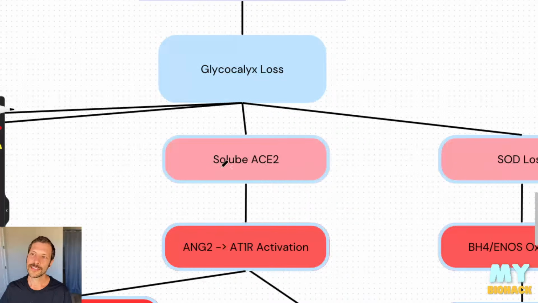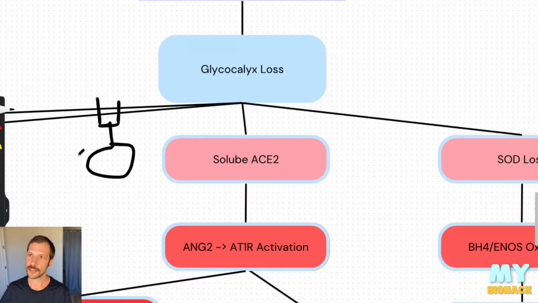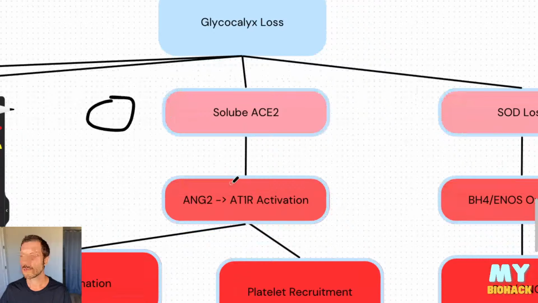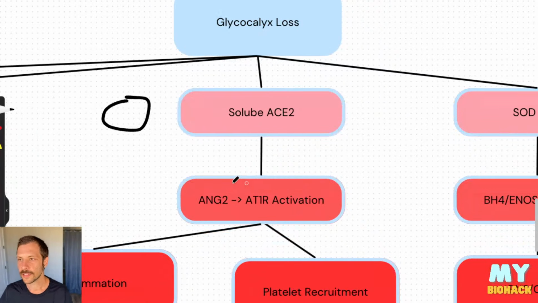When it binds to ACE2, that causes ACE2 loss on the cell. So the cell loses its ACE2 receptor. It essentially goes bye-bye. And this causes a problem with the renin-angiotensin system, the RAS system,